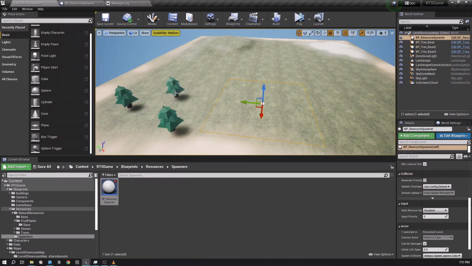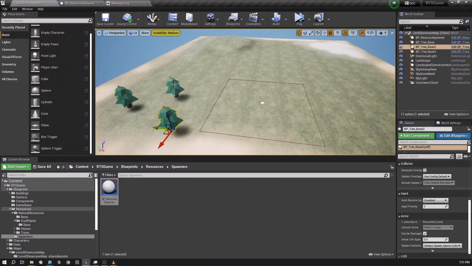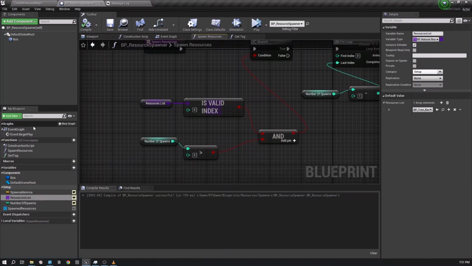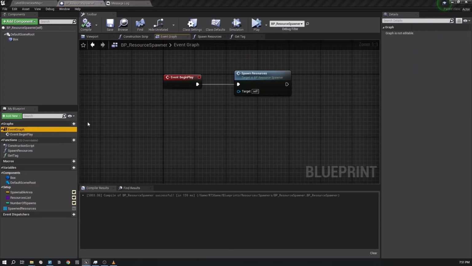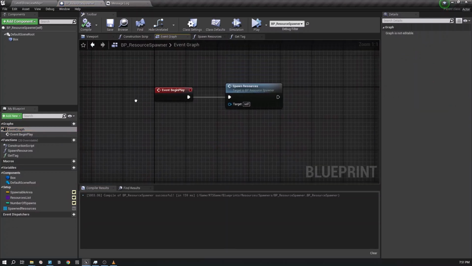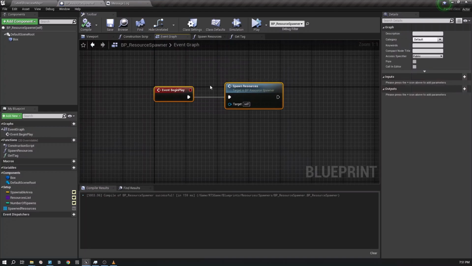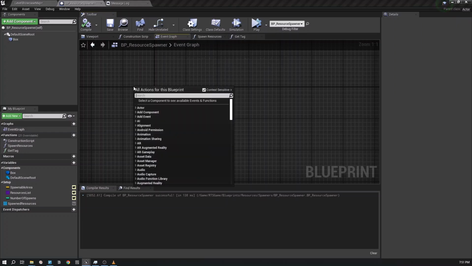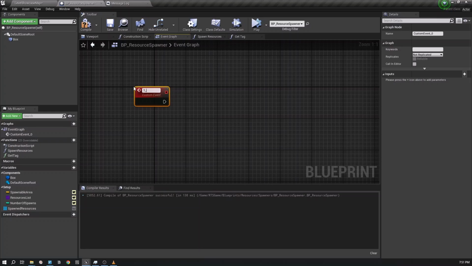So instead of that, what we need to do is statically populate this stuff in the map, so then their positions will remain as they are. We can do that by using an editor utility function. So let's go to the event graph, and instead of creating or spawning manually, let's first create the editor utility function, and I'll name this as 1_populate